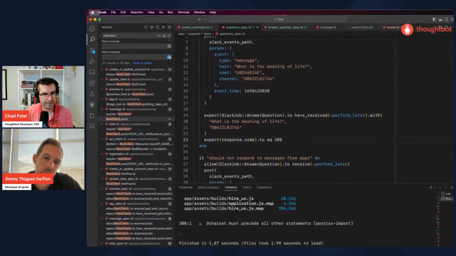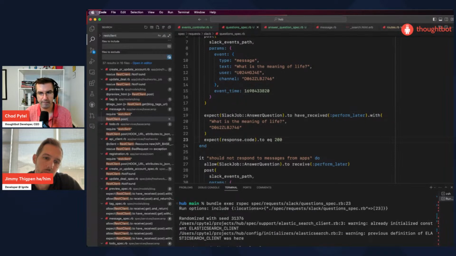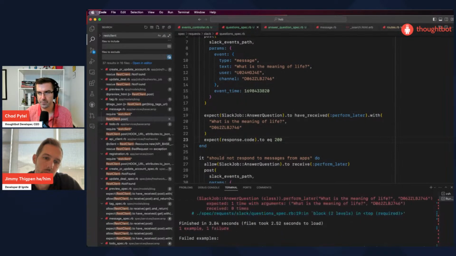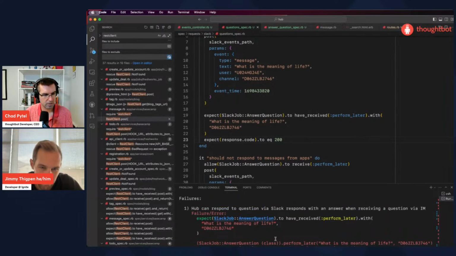Let's try that and see what actually happens. I changed it back to perform now. Really, we need to change it somewhere else. We could also just change this right here to.